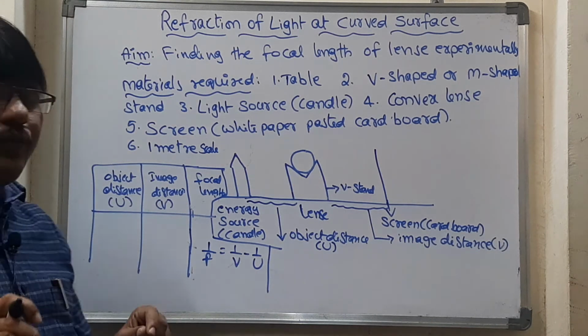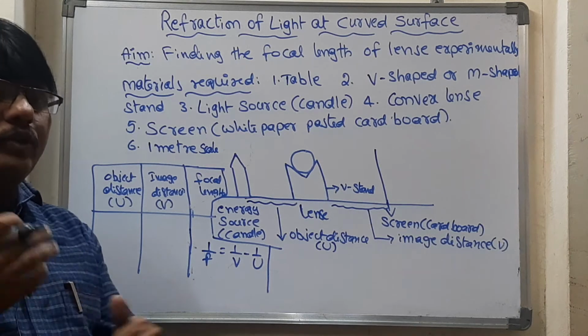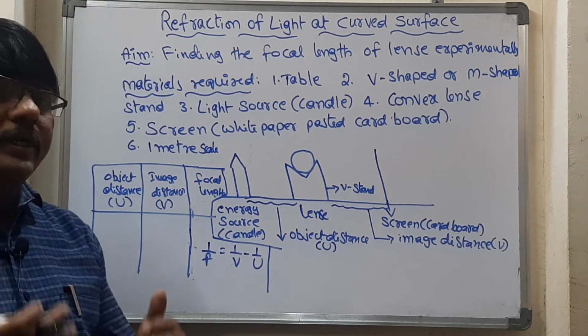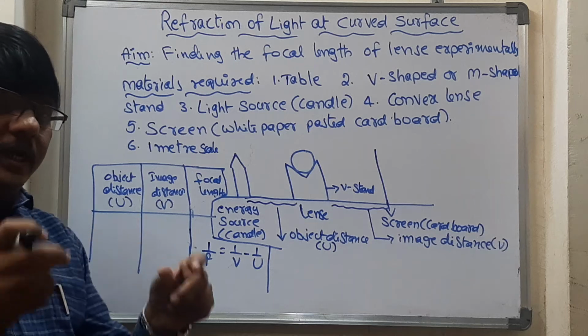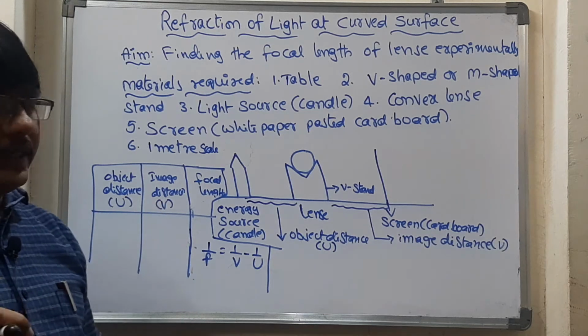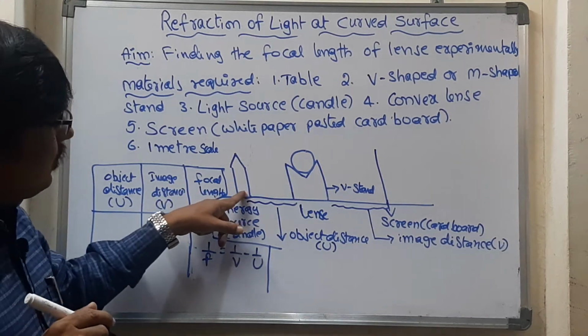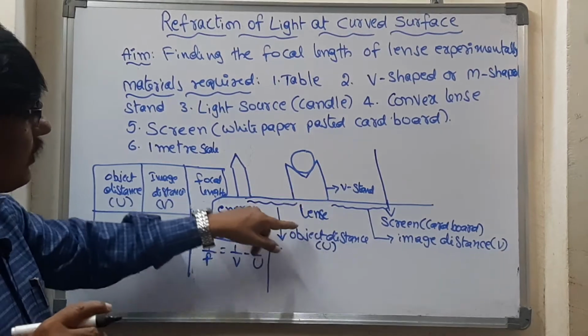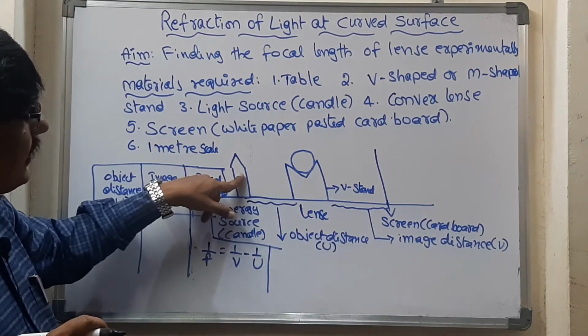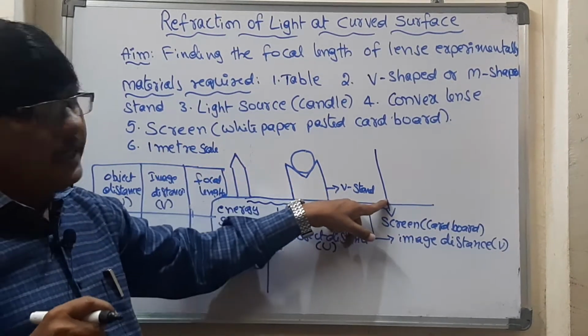So this experiment can be carried out a minimum of 3-4 times. Then each time you will get one focal length. For example, now here the first situation is completed. What is that? You are placing the object here and you are getting the image nearly here.